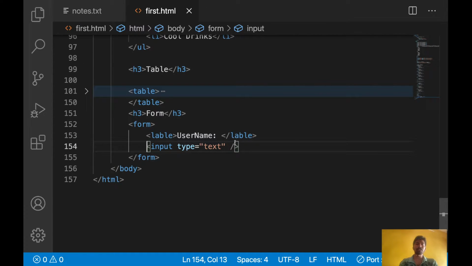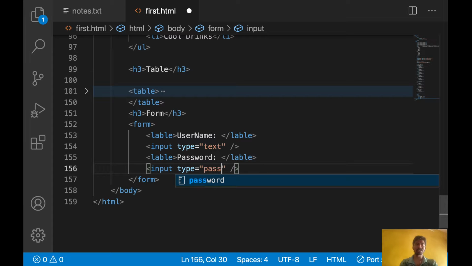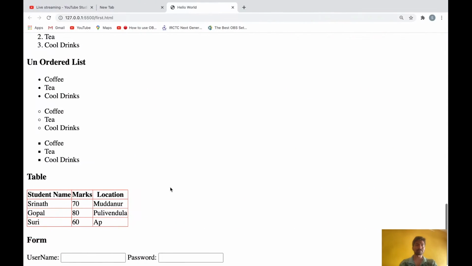After that, let's say I want to display password after username. Then copy paste this one. I want to display password. Here you will use password instead of text. Now let's see, this is the username, this is password.